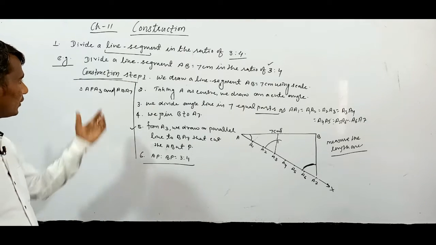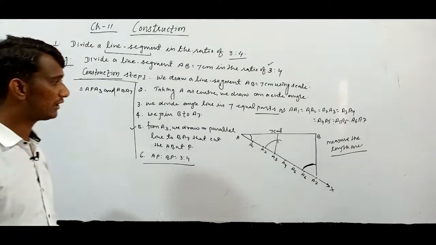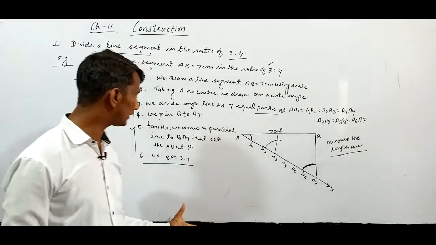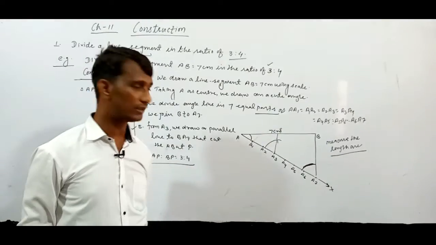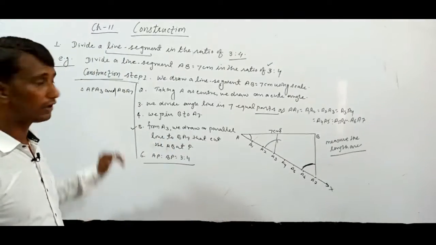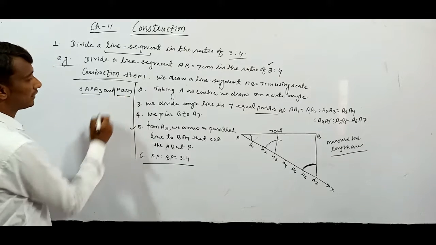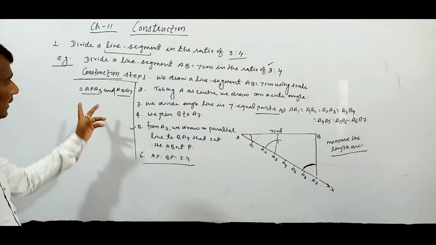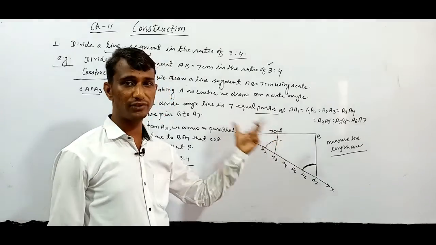In both triangles, first we show the similarity. After that, using the Thales theorem, otherwise you can say the basic proportionality theorem, we have to show that the ratio AP to BP is equal to 3:4. How is it? Then we use the justification of the similarity of triangles. Now I am telling you how to show the similarity of triangles. There are two triangles, AP A3 and the second triangle AB A7. Using these two triangles, we show the similarity.